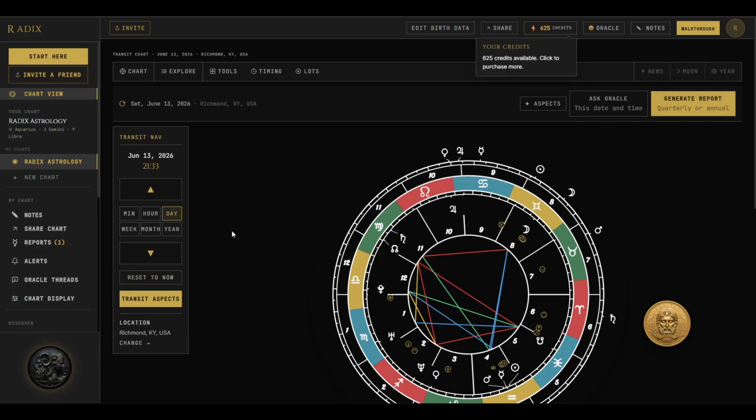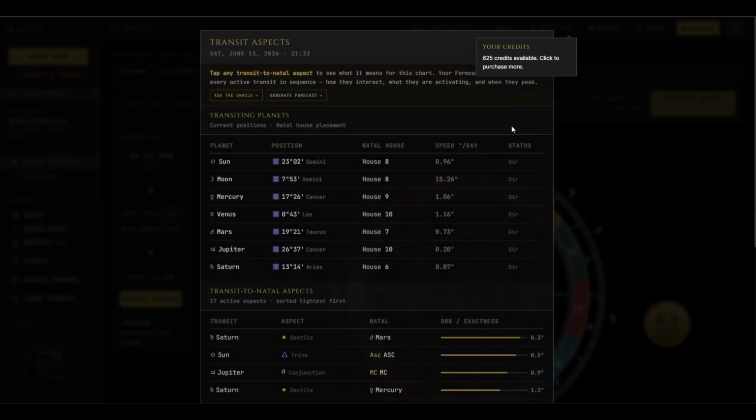perfecting, and separating. If you want to generate a report for a specific future date, say you've got a major event coming up and you want to understand the sky for that moment, you can set the transits to that date and generate a report from there, or you can use the quarterly and annual options for the broader forecast